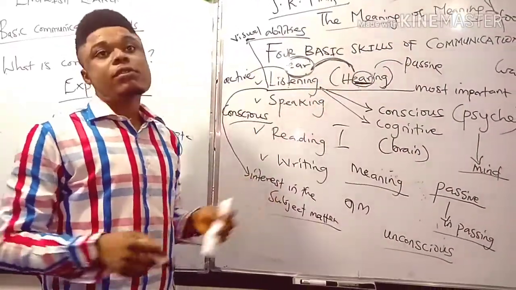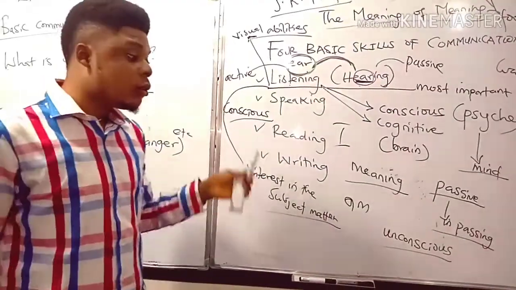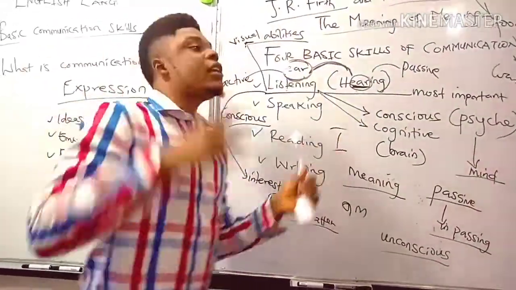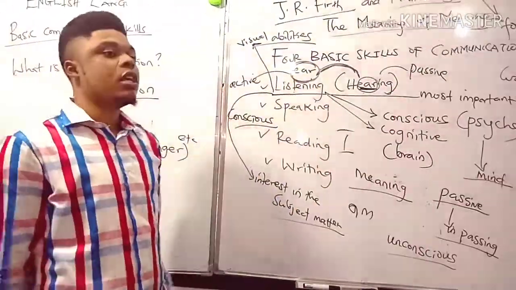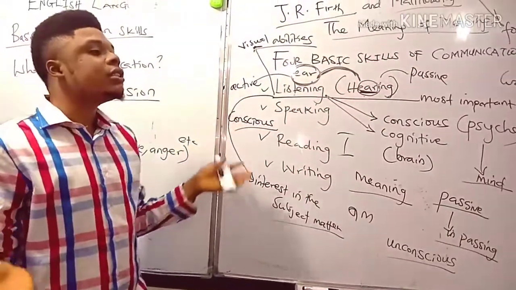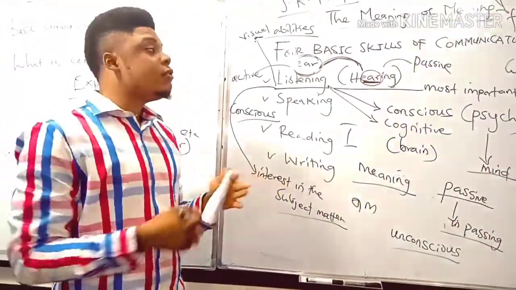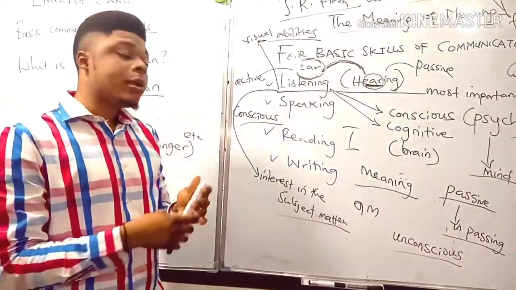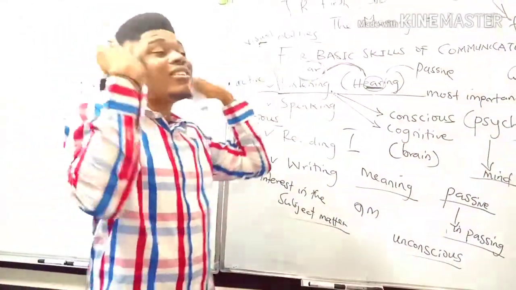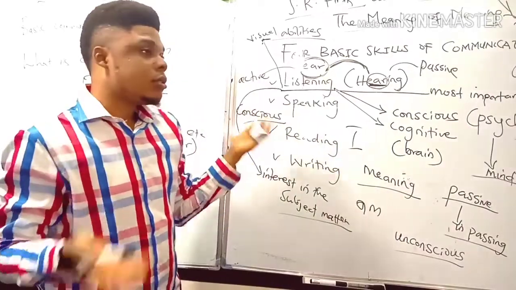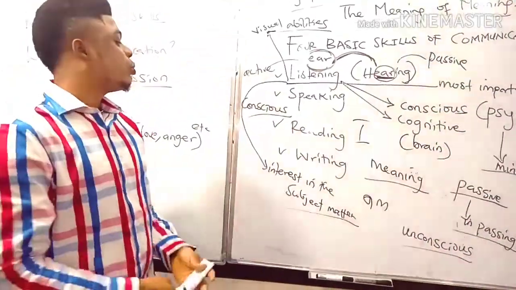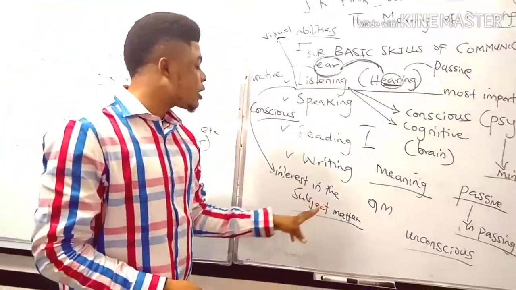Unlike hearing, you don't have to have interest. Once you have an ear, as you're passing along the road and the song is playing, you have no choice but to hear. If somebody is talking about the president or the governor and is saying things that are hurtful, you have to hear. If someone is using abusive words, you have to just hear it, because you don't have a choice, because you have an active ear. So you must have interest in the subject matter.